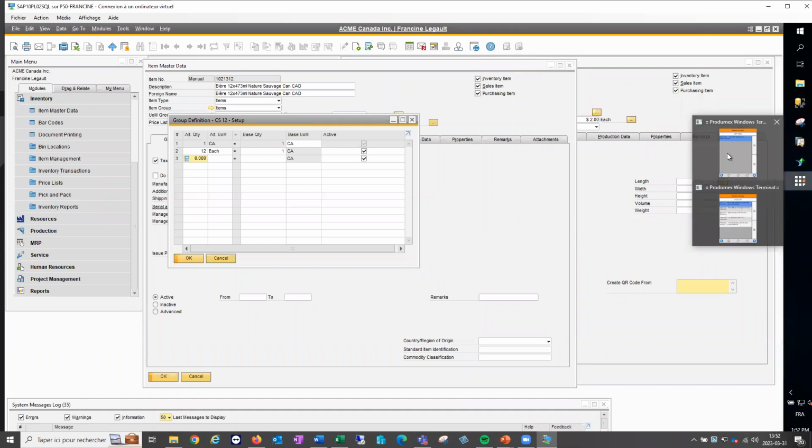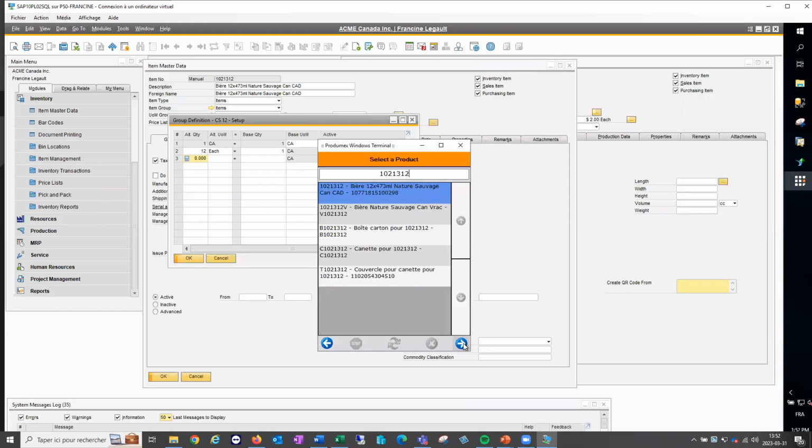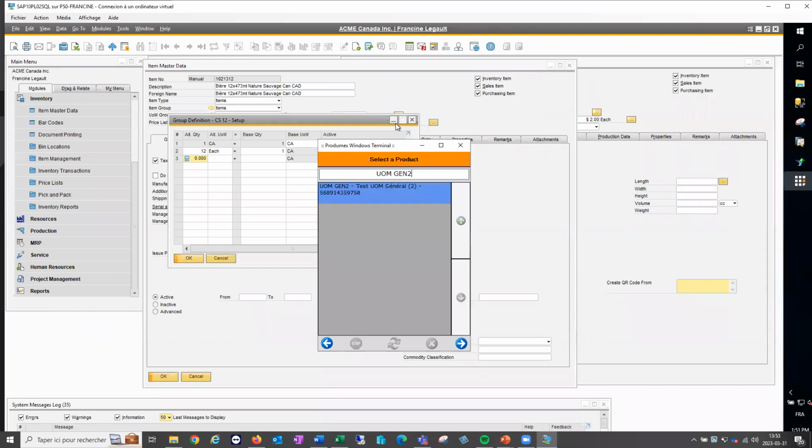So you're stuck with portions of cases in your inventory. And on the scanner, it will look something like this. You have your case and your units, which is 0.833333 case. So this will create headaches and problems with the rounding of the units here. So this is never recommended. Like I said, the base unit should always be the smallest unit that's going to go on any kind of transaction that you're going to do in SAP.